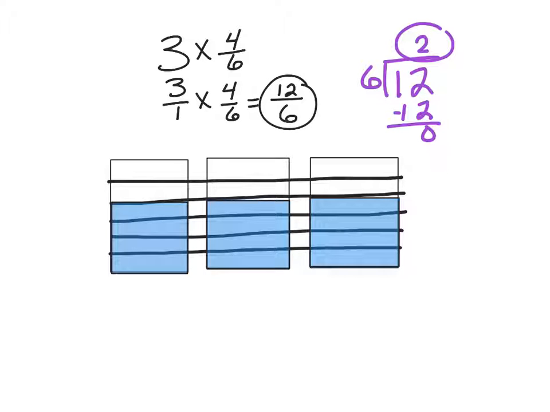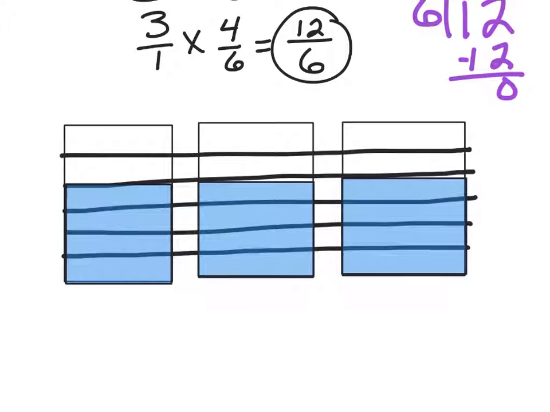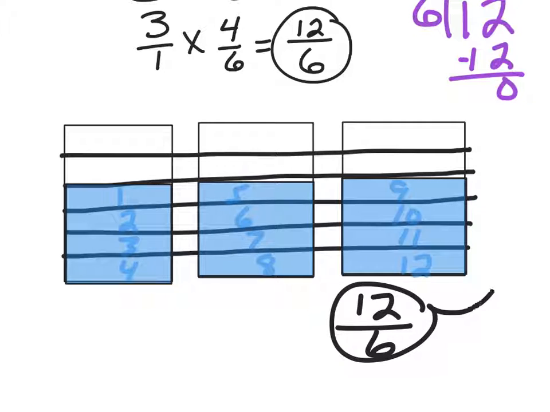Superb. All right, so now let's go ahead and count those parts, right? And I've got 1, 2, 3, 4, 5, 6, 7, 8, 9, 10, 11, and 12. So I've got 12 out of the 6, right? Which, as you see, agrees with my algorithm right up there. Lovely, right? But now I want to convert to the mixed number, so I'm going to move some of these